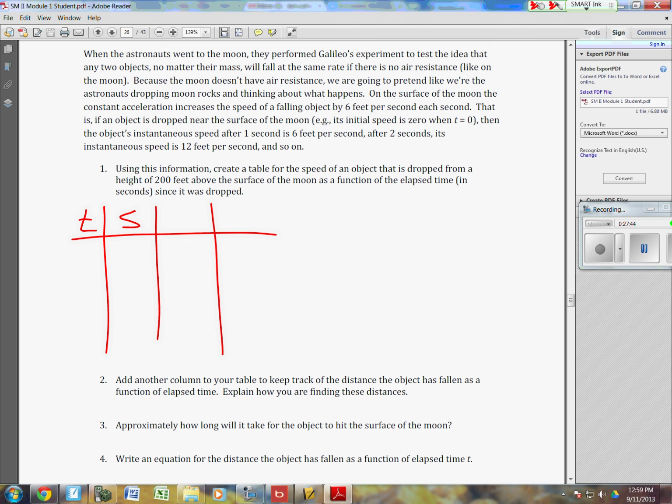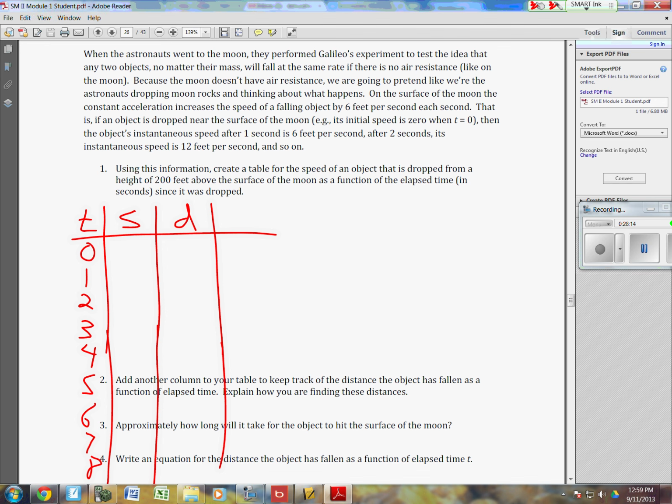Okay, add another column right here. Down here at number 2, it says add another column to your table to keep track of the distance the object has fallen as a function of time. So we're going to go distance. So time, okay? We're going to go 0, 1, 2, 3, 4, 5, 6, 7, 8. I told you guys to go all the way down to 8, didn't I? And if you guys go all the way to 8,